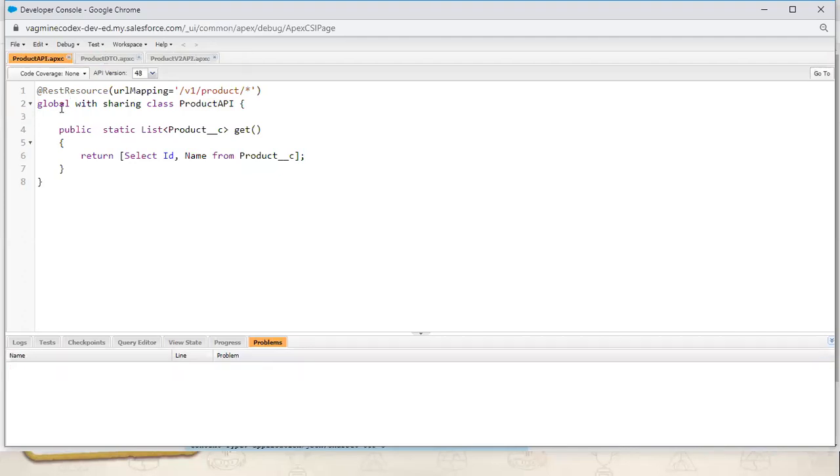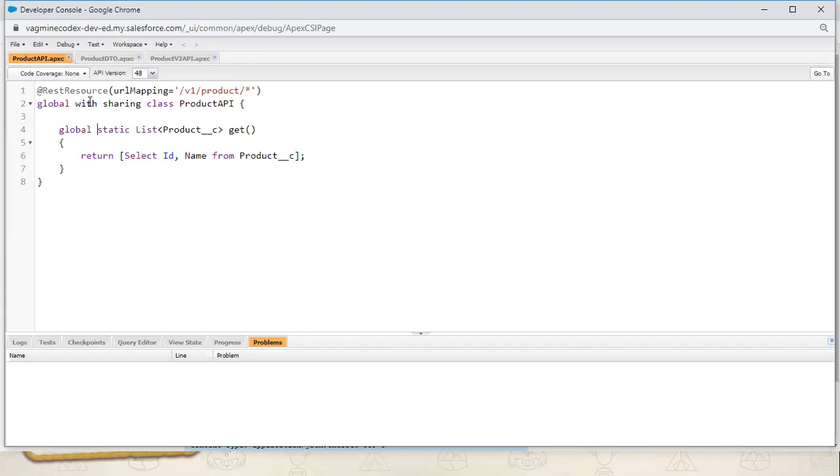Why is that required? Sometimes you create an application as an Apex product, and when you move it, your application will be installed in a different org. If you are not putting global, they will not be able to access your classes, because public is only accessible in the same namespace. That's why we normally use global.